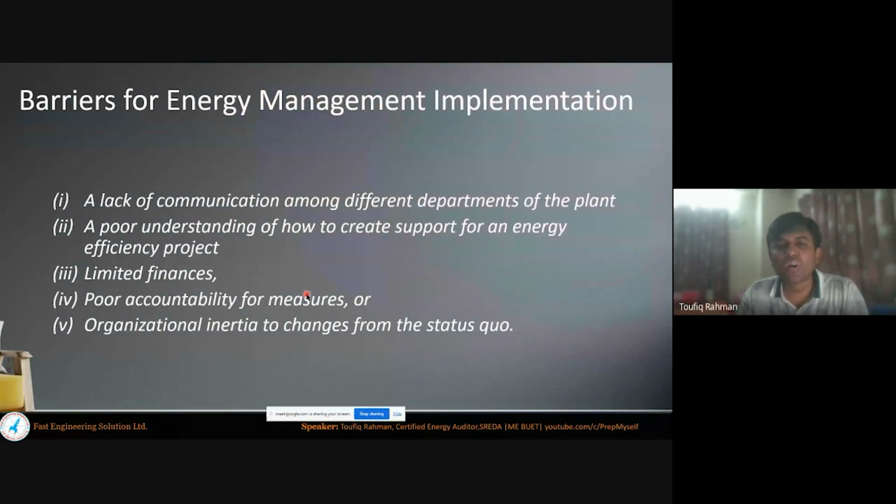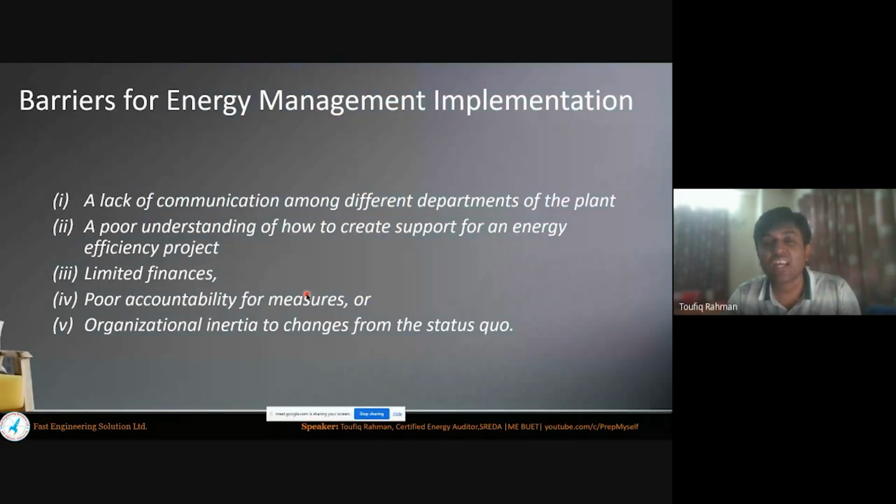Some work in the production department, some work in the procurement department, some work in human resource development. So everyone is working in their own department, but there is no communication between these departments. If there is no communication between departments, there will be no energy management system. So firstly, communication between the departments is necessary, and understanding of the energy efficiency project